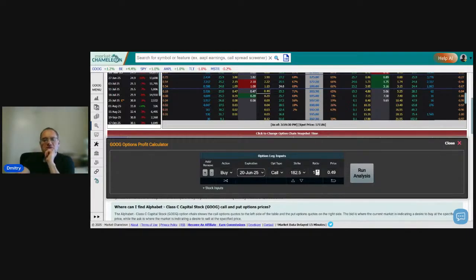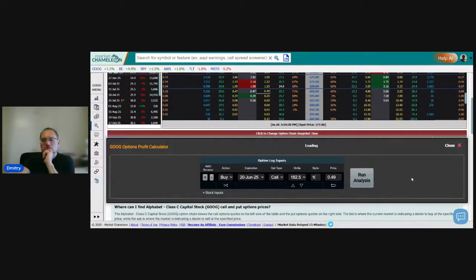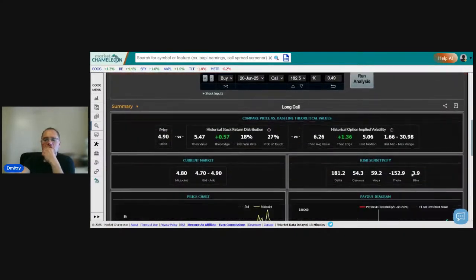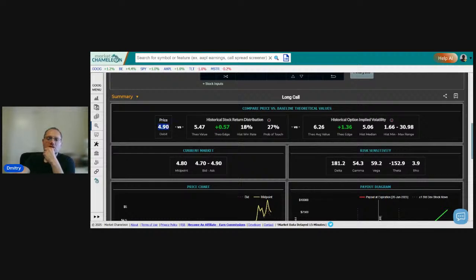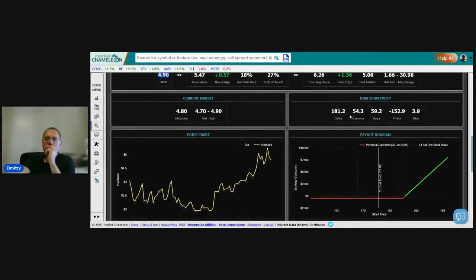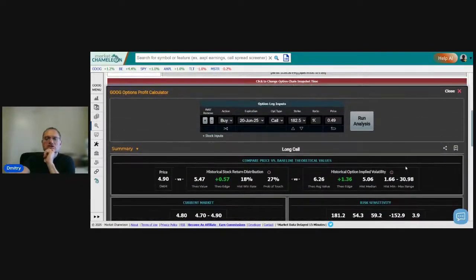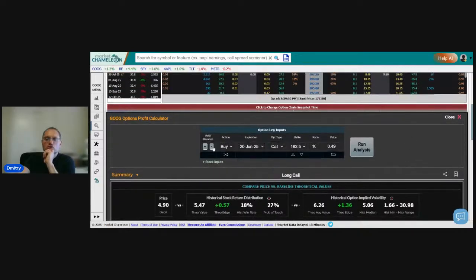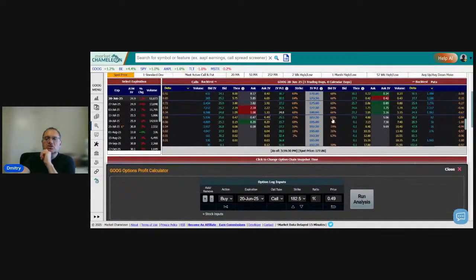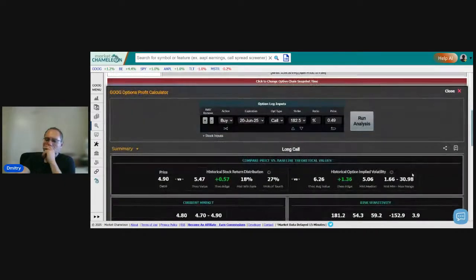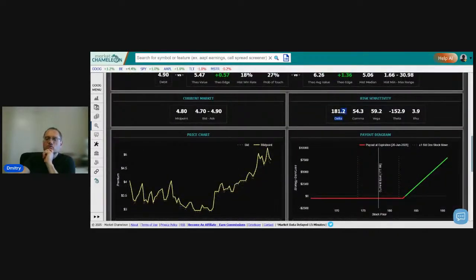And let's say I want to do 10 of these instead of one. Let's do 10 of these. I'm going to run this analysis. So, this is how much it would cost. These are the theoretical values. And here I have this delta of 181. So what this is saying is the following. If I do 10 options, right, buying 10 of these calls, I have a delta of